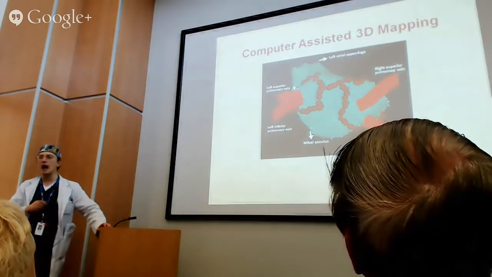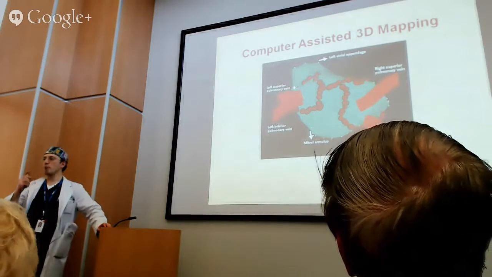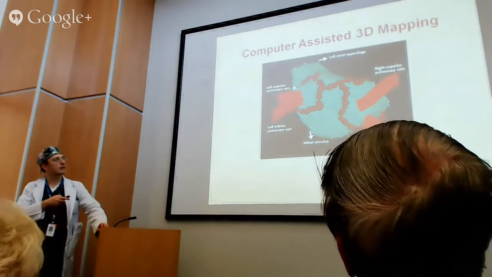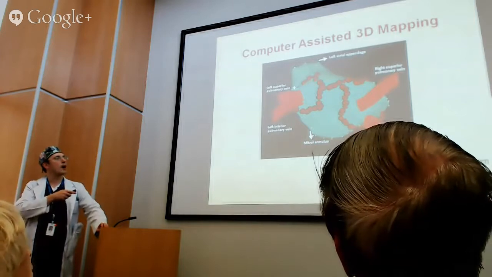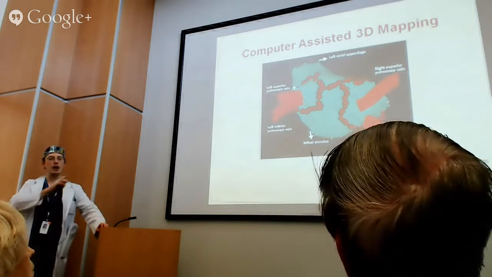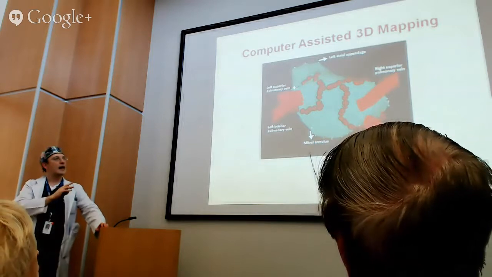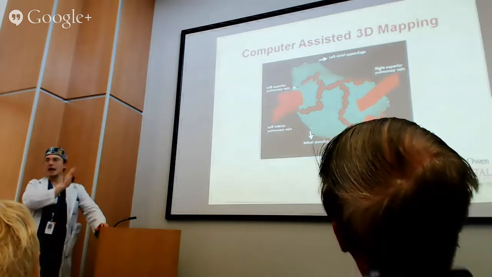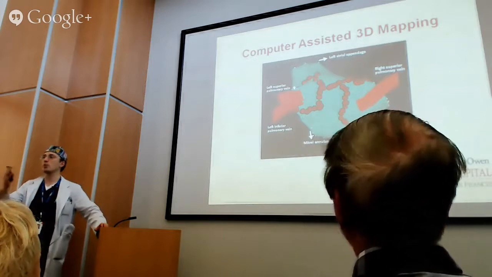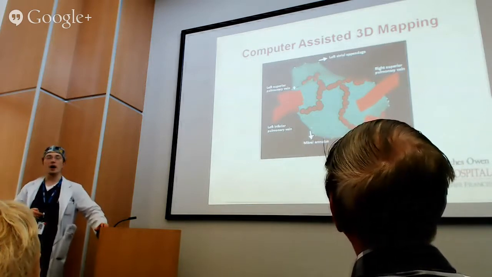But then the little red dots are the spots where we've burned the abnormal heart rhythms and destroyed the abnormal heart rhythms. You can see that the abnormal heart rhythms that come from the area of the pulmonary veins will be trapped within these fire lines, within these circles and these areas that we create to trap the abnormal heart rhythms inside so that they can't spread and affect the rest of the heartbeat.